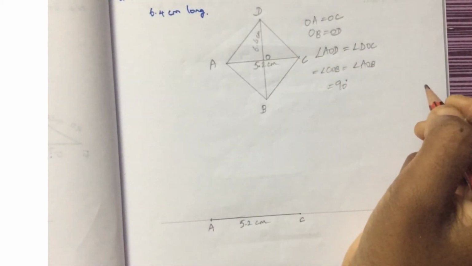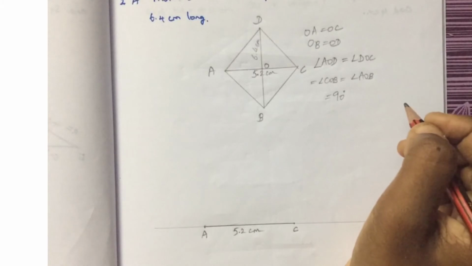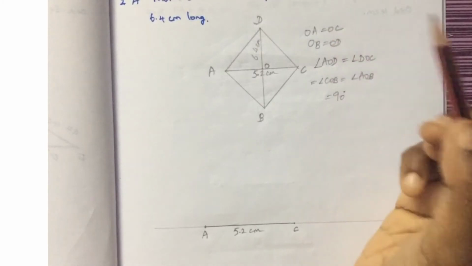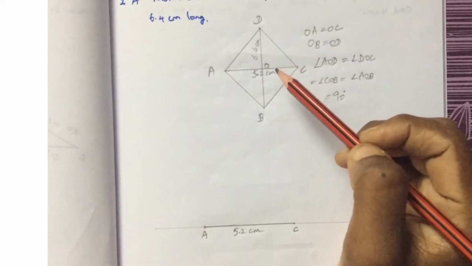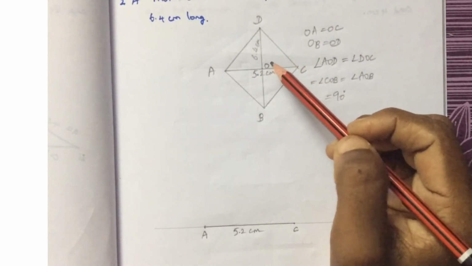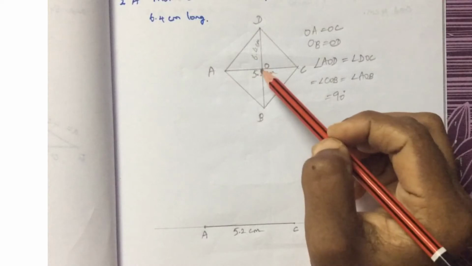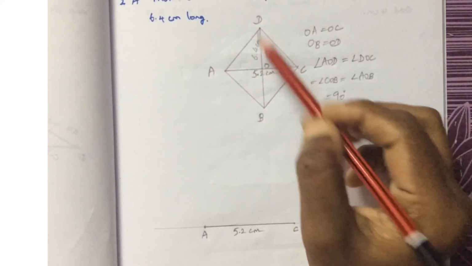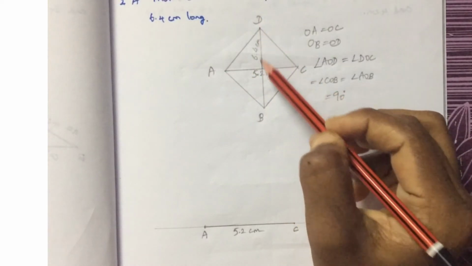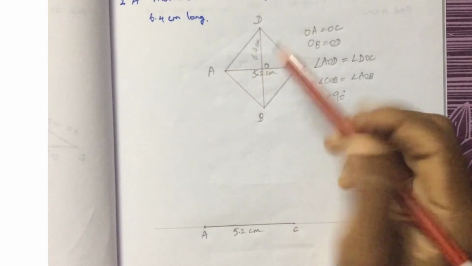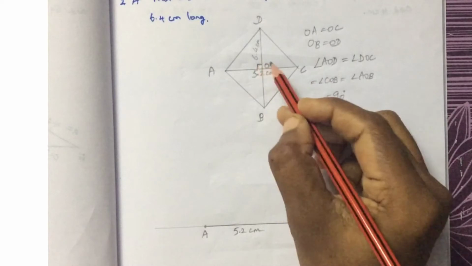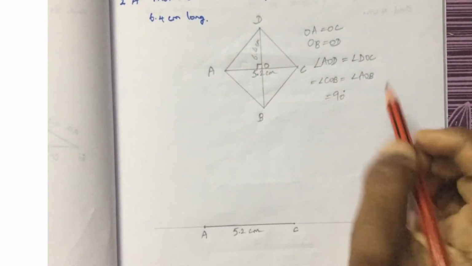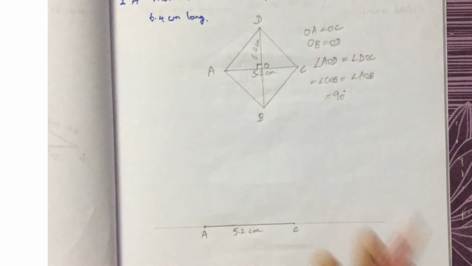If you have any doubt in this, you can refer to the example problems we solved before. The property of a rhombus is that the diagonals are perpendicular bisectors of each other, which means OA is equal to OC and OD is equal to OB, and these two diagonals meet at this point. So here it is a right angle. All these four angles are equal to 90 degree. Using this property, you are going to construct this.